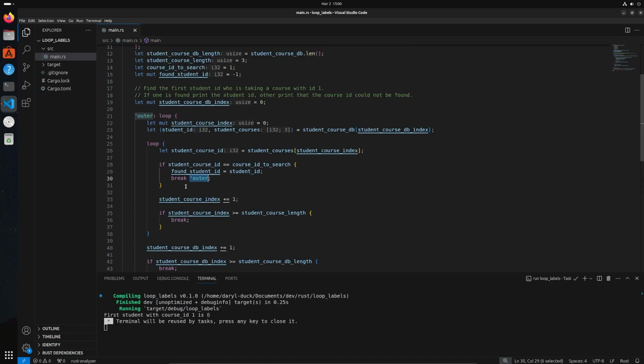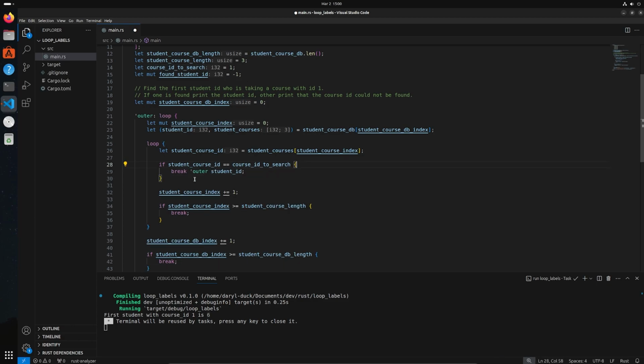Now we can take this one step further. We can actually assign this outer loop a variable as well. At the moment, we're assigning it up here as a mutation, and then we're assigning it inside the inner loop. So what we can do is instead of just assigning break outer, we can actually return here the student ID as part of the break. So now we don't need this anymore. We can also just break here, but we need to probably break with a -1, right, to indicate